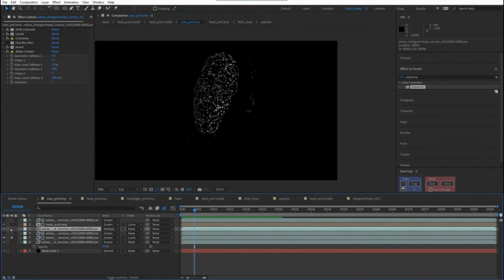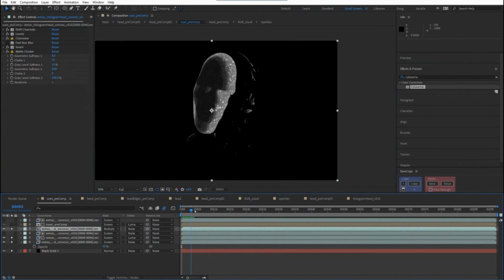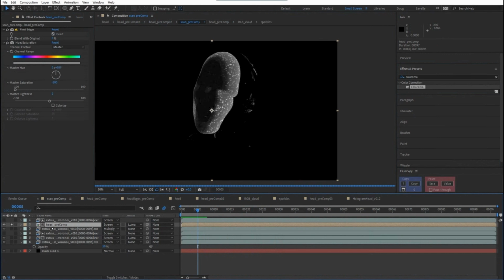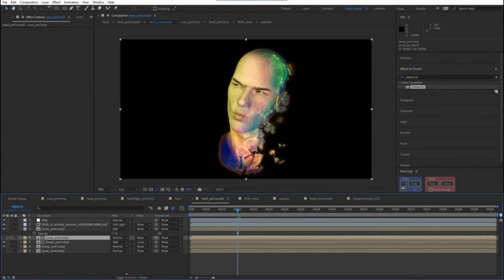And then on top of that, we've got this guy. All this one is doing is just cutting out the front face, because without it, you get this big sort of pop of color in the beginning that feels kind of weird. So we do that, it just eases into that a little bit more. And then finally, we have the head comp that we were using before, but this has, again, find edges on it, and then desaturating it, just so we get something that feels like we're pulling the outlines of this face. And then you add all that stuff together, and it looks like this.